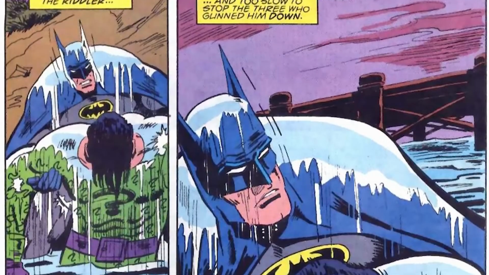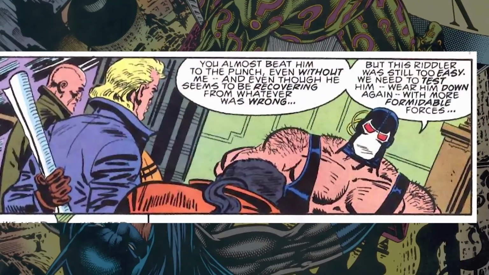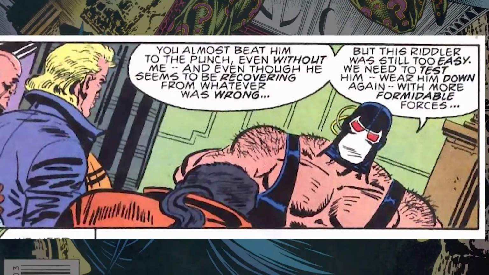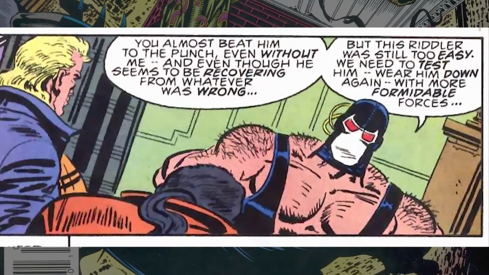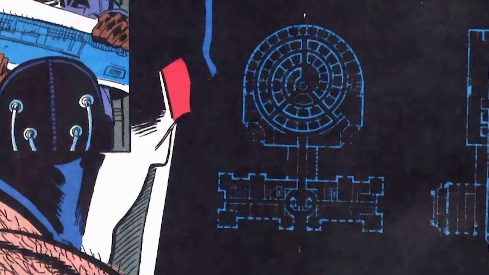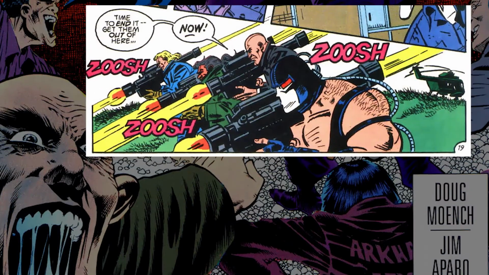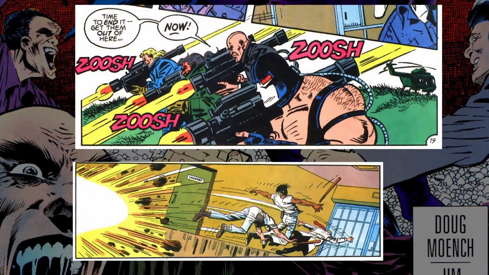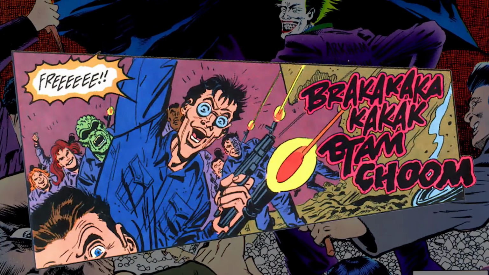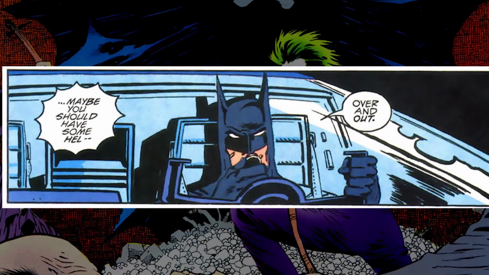Up until this point, everything has been a test to watch Batman and study him, but Bane decides that he's had enough, that it is time to present Batman with his biggest challenge ever, to make him fight against all of his most dangerous enemies. It's like this that Bane and his thugs come up with a plan to break out every single inmate from Arkham Asylum. Using advanced military equipment, Bane and his thugs bring down the walls of Arkham, releasing the madness into Gotham. Batman rides to Arkham, all by himself yet again, in hopes to contain the disaster.